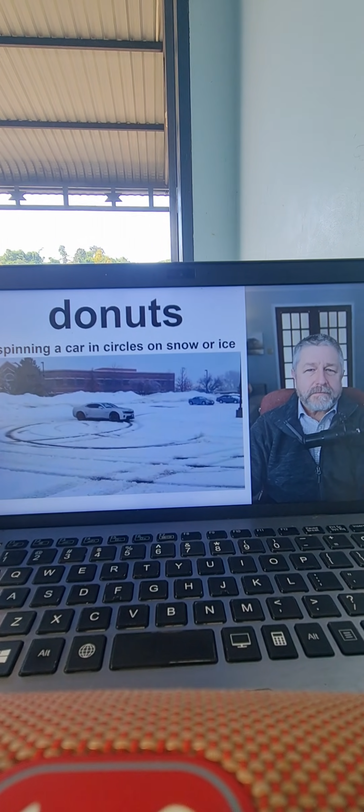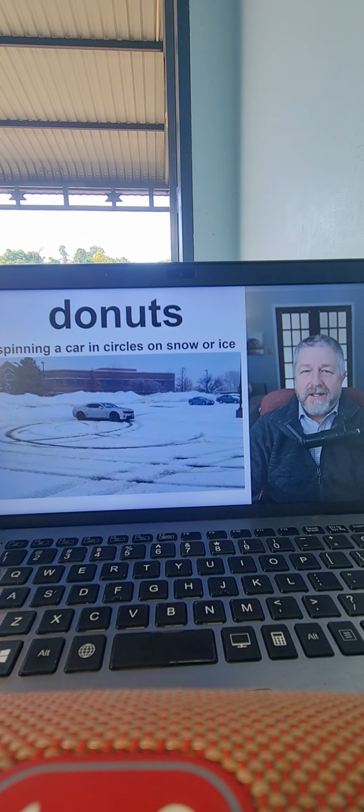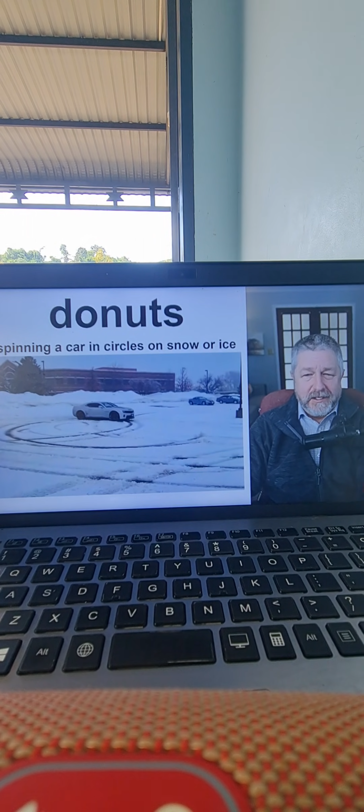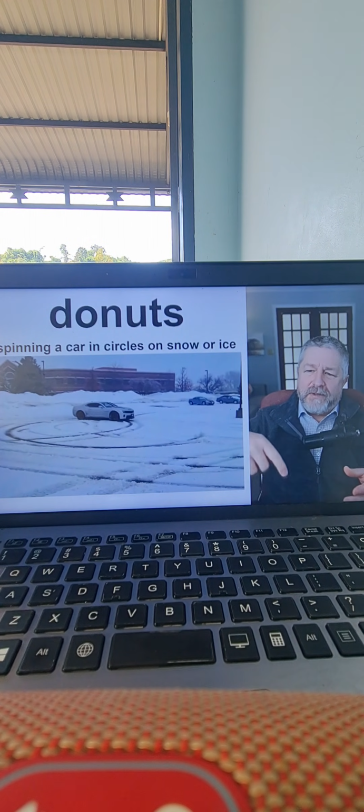So if you have a rear-wheel drive car, this is very easy to do. If you have an all-wheel drive car with traction control, this is impossible. If you have a front-wheel drive vehicle, you can do this, but you pretty much need to go in reverse. You're going to have to look up a video to see what this actually looks like. But if you turn really sharp in a parking lot, like if